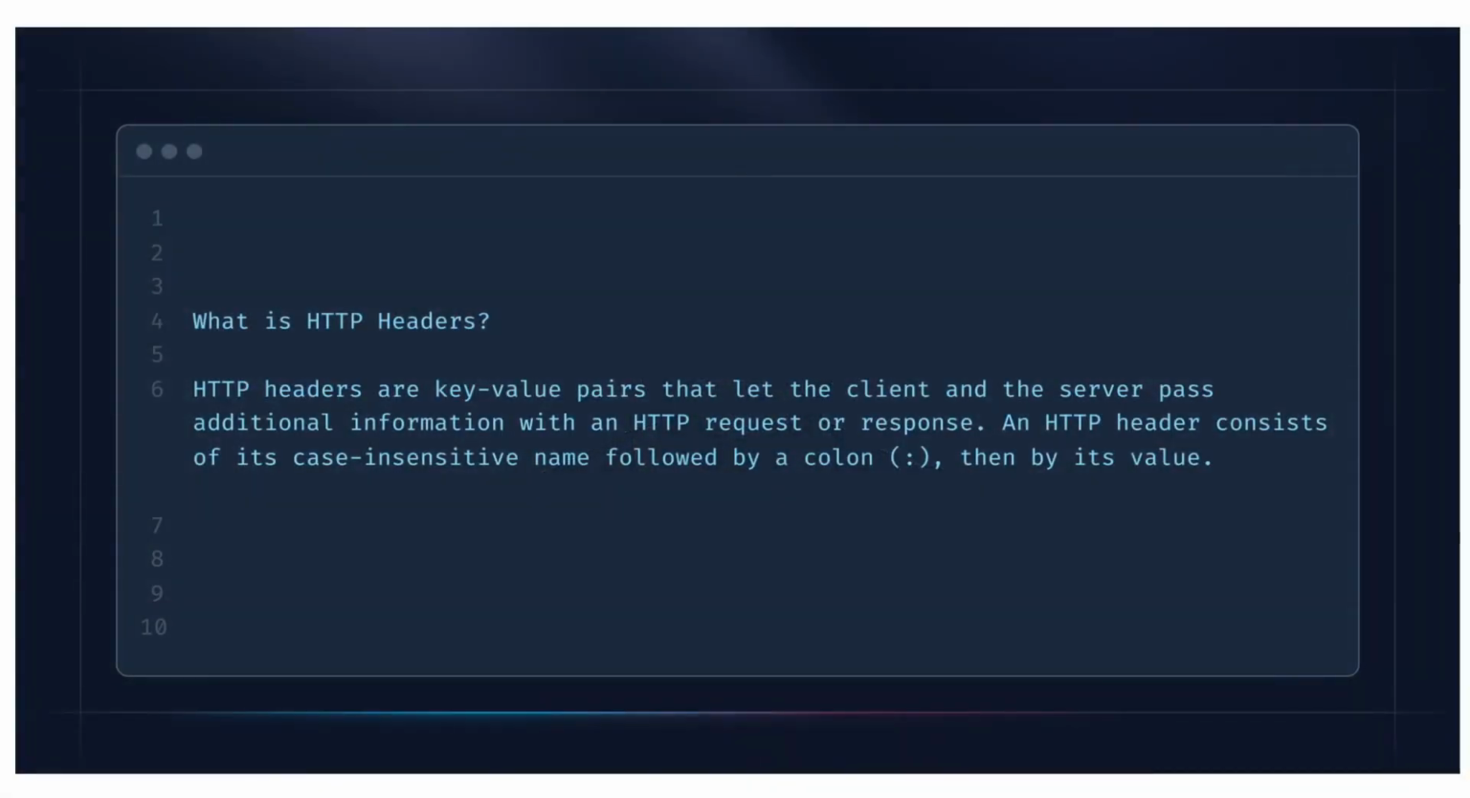So what are HTTP headers? HTTP headers are basically key value pairs that let the client and the server pass additional information with an HTTP request or response. An HTTP header consists of key value pairs, which are case sensitive. So basically, that is what HTTP headers are. So moving on,